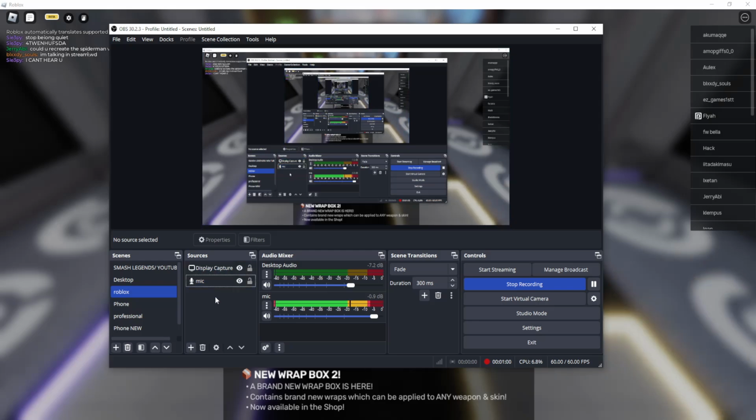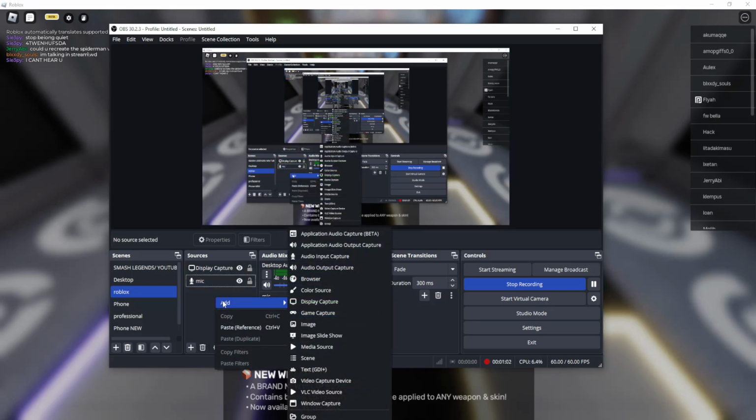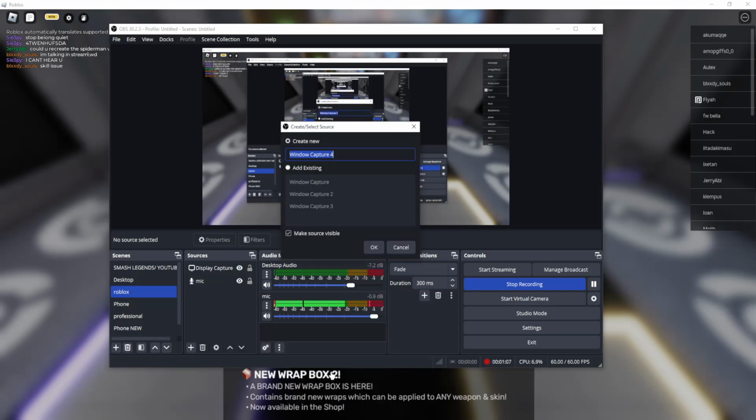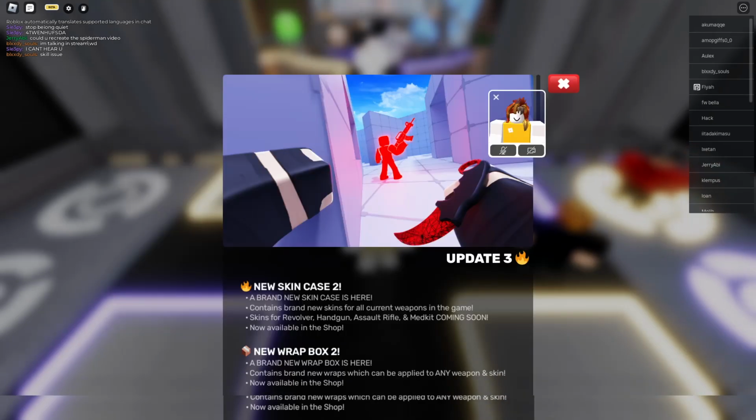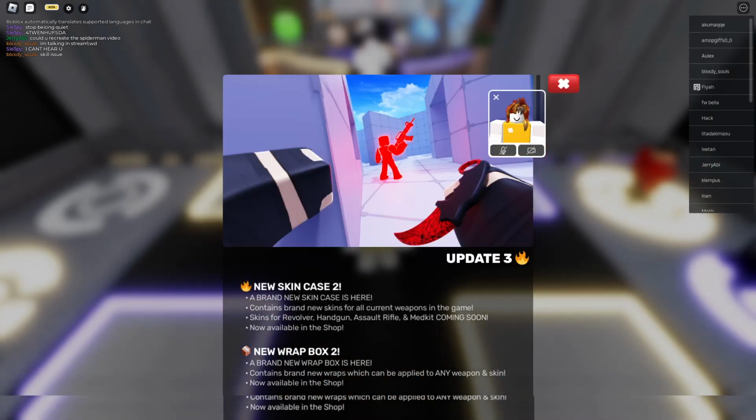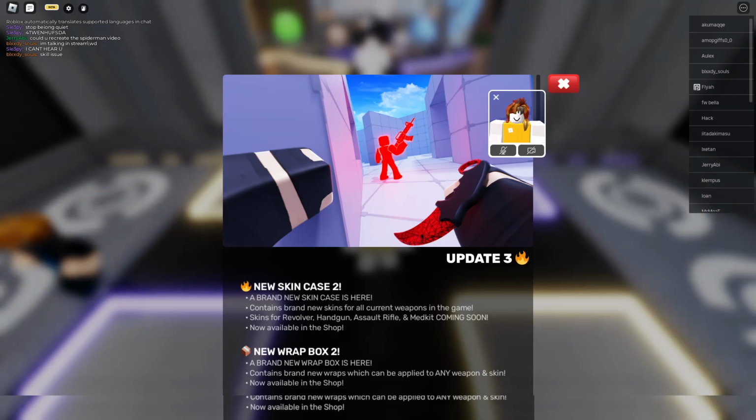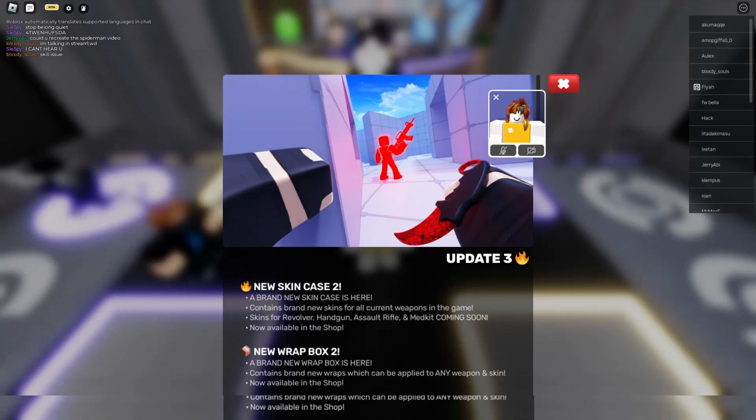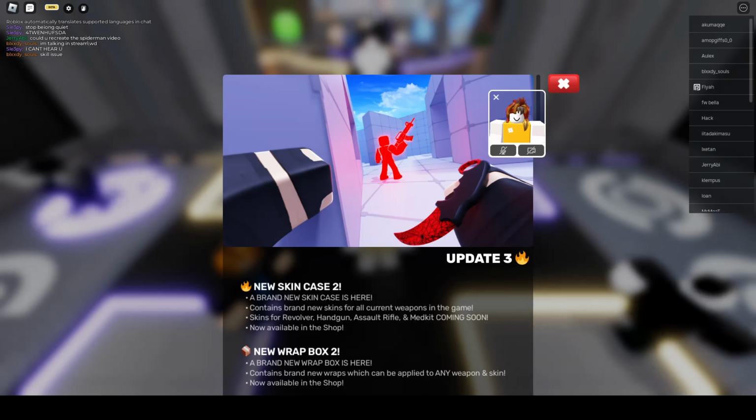You won't have anything right now, but what you want to do is right click on add, and then we will do window capture. Now from the window capture here, we can name this Roblox game, something like that. Make source visible, and we will choose the Roblox player beta from this list. So if we have selected the Roblox player beta, as you can see, this is going to appear right here,